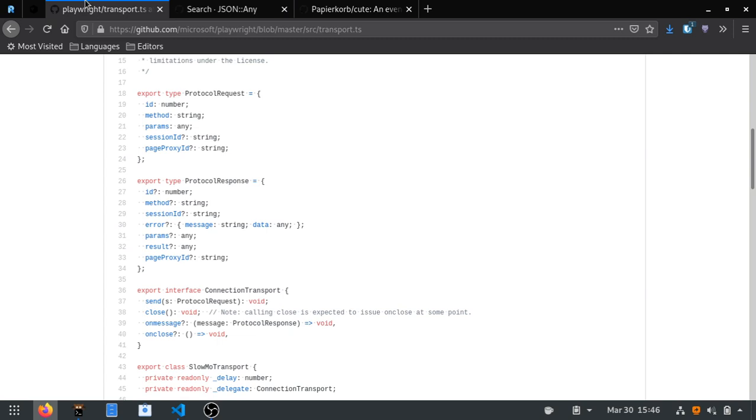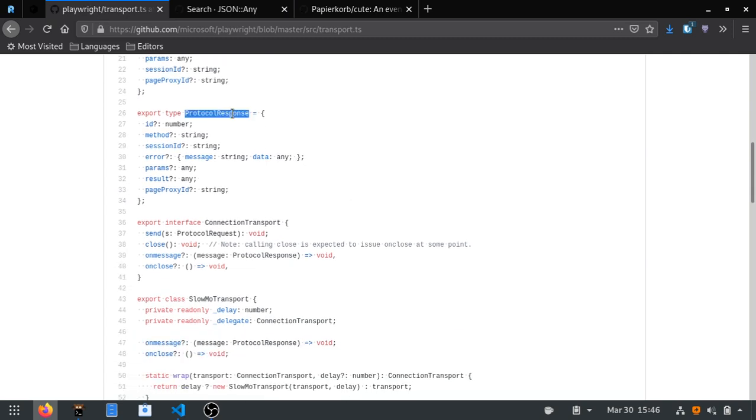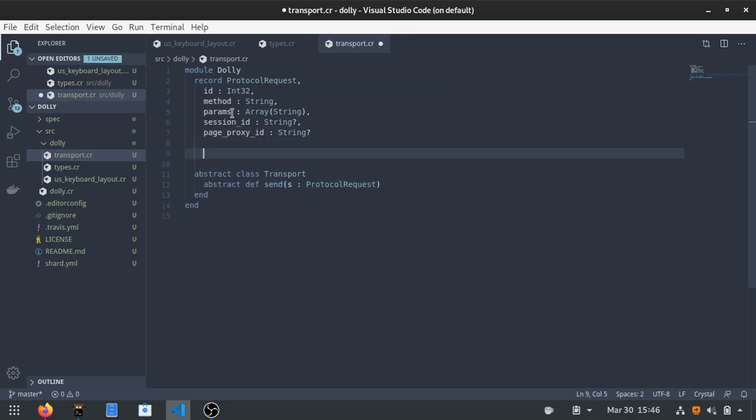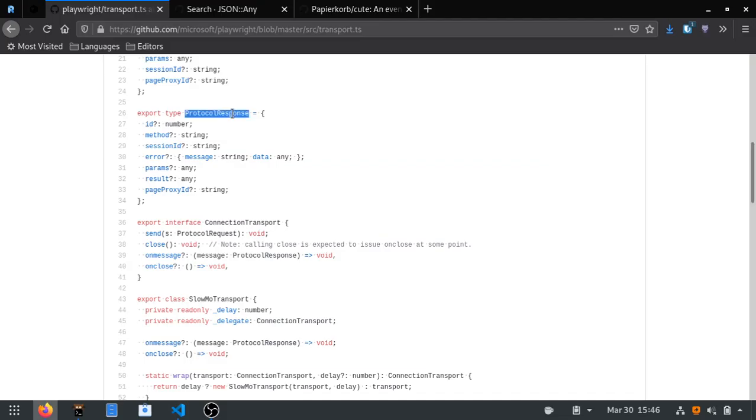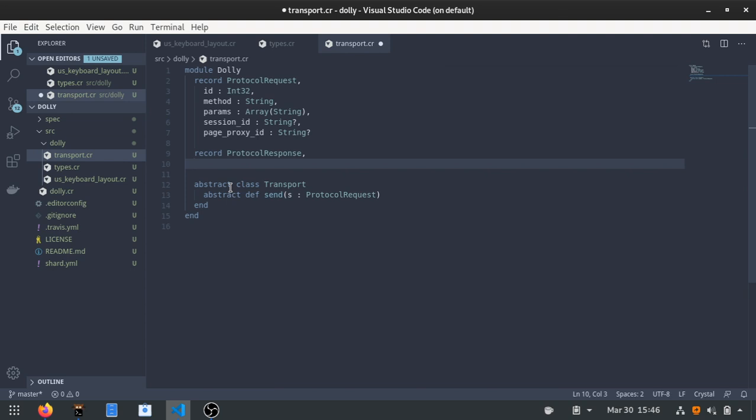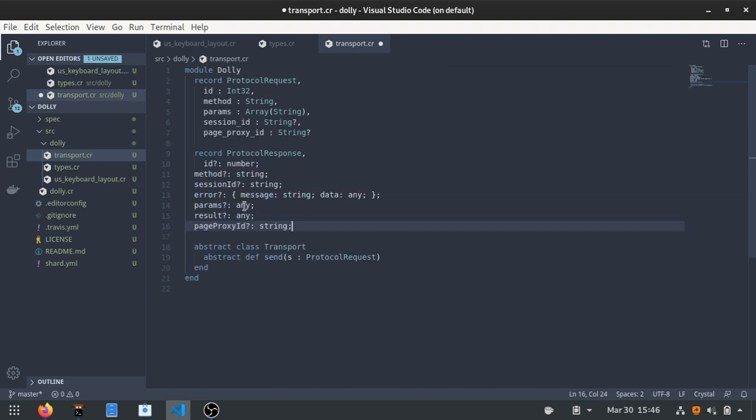For now, let's also get this protocol response object and do all of these ones. Session ID, proxy